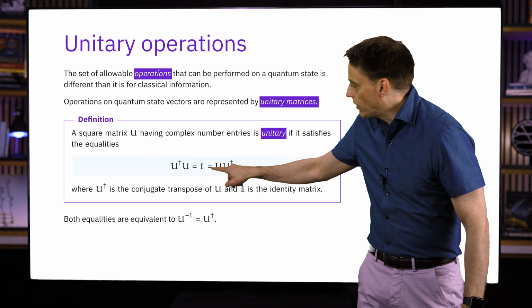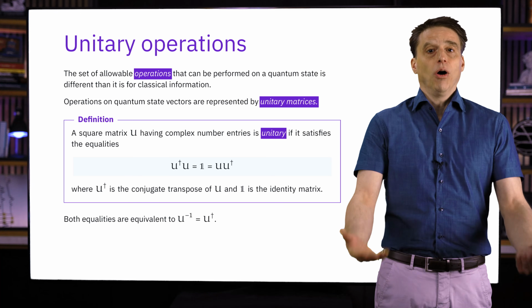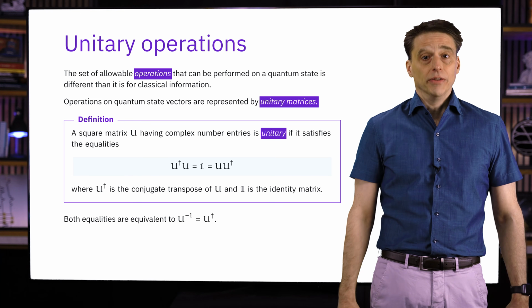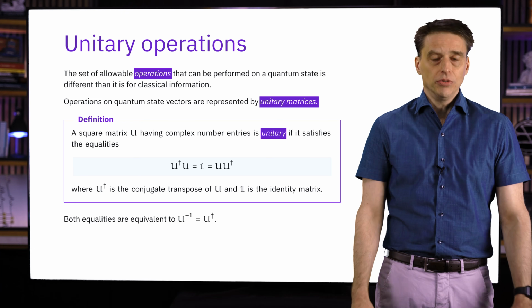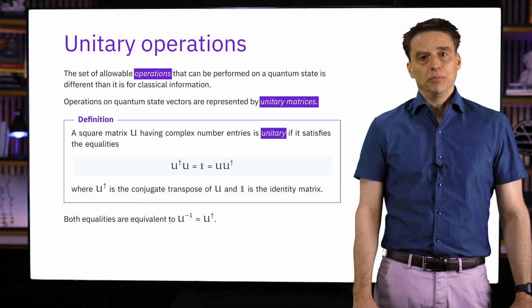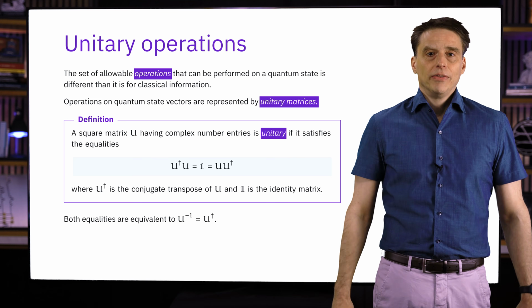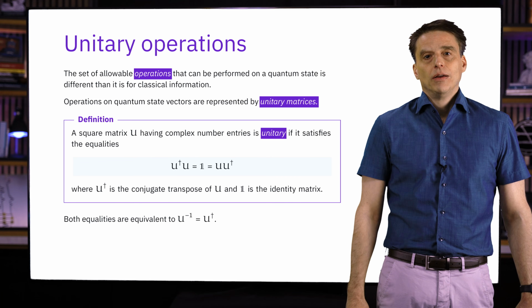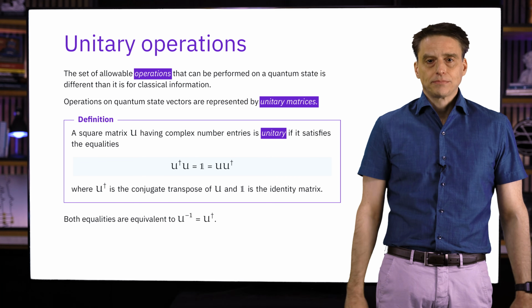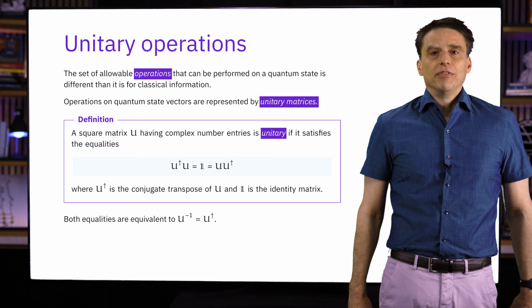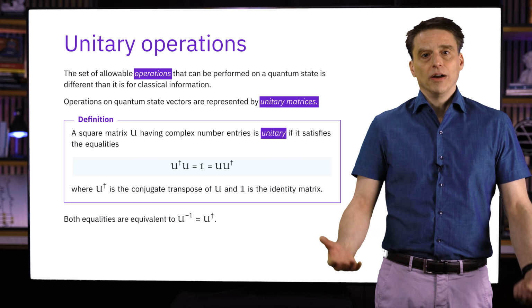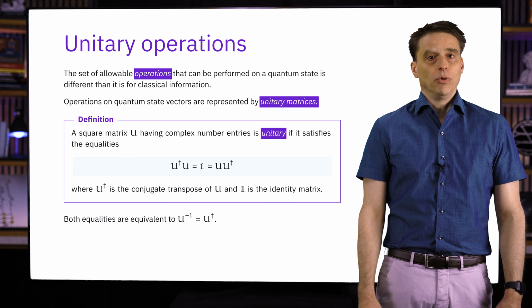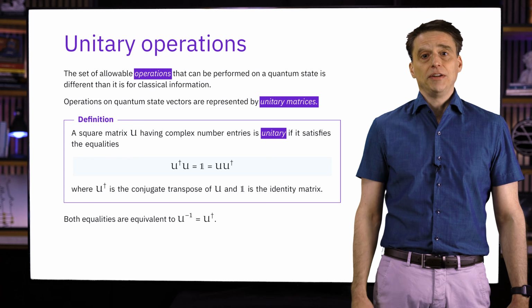Also, this notation right here means the identity matrix. These two equalities right here are actually equivalent. If you have one, then you automatically have the other. They're both equivalent to saying that U is invertible and the inverse is equal to the conjugate transpose. That's only true for square matrices, by the way. If you have a matrix that isn't square, then one of those two equalities might be true, but then the other one won't be true. But here we're talking about square matrices. So this is the standard definition for unitary matrices, and it's nice because it's easy to check if a matrix is unitary. You just multiply the matrix to its conjugate transpose on either side, and you see if you get the identity matrix.